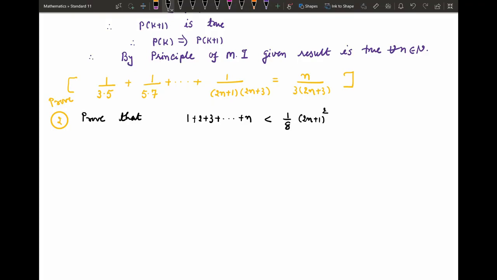So here it is not an equation, but an inequality. So we have to prove this inequality. Solution: